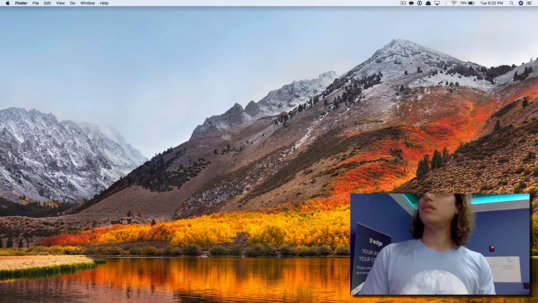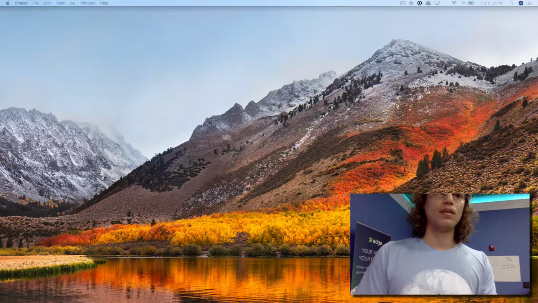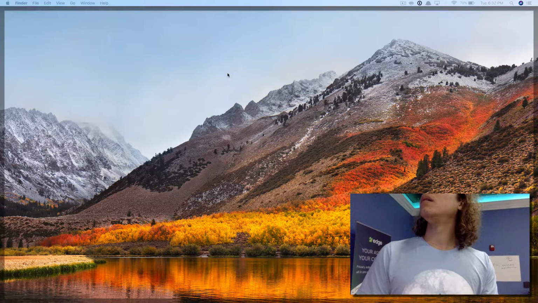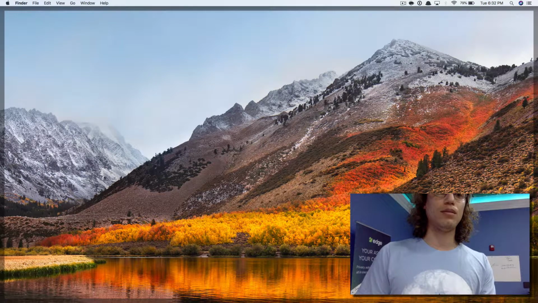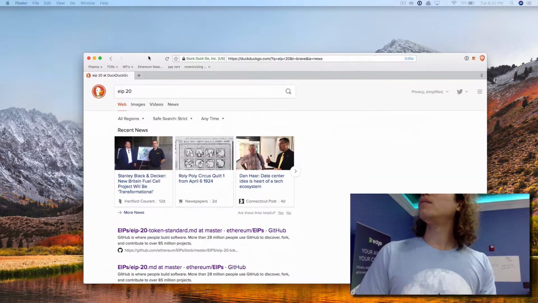If you go to, let me actually, what I'm going to do here is, you do need to get Geth for sure. Let me pull this over here though. Definitely need to have Geth. So I'm going to pull this over here,